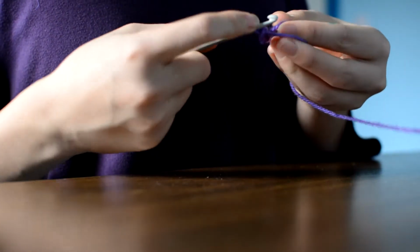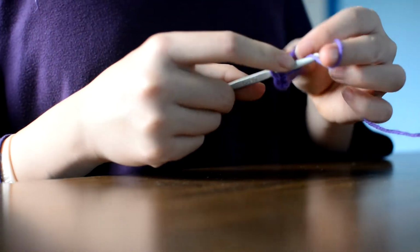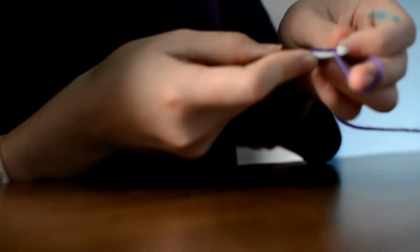So 1, and 2, and 3, and 4, and 5, and 6. Once you have your